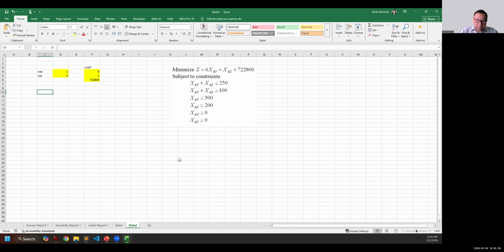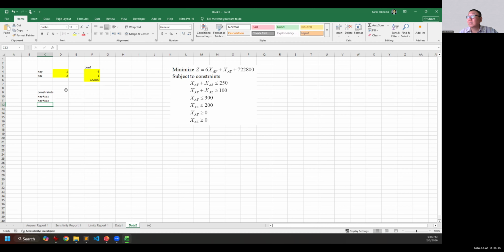And then you have the constraint now. So xay plus xaz. The second one is xay plus xaz. Oh, the same constraint, but different sign, different right hand side.